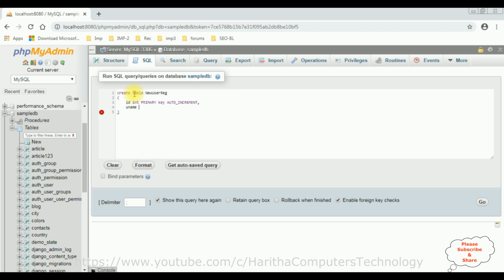username uname, which is a varchar 100. The next one is the user email varchar 100 and the next column is the password pwd varchar 100 and the next column I'm adding the marital status is varchar 100 and the last one is gender. I'm adding the char type. Let's create the table. Click go